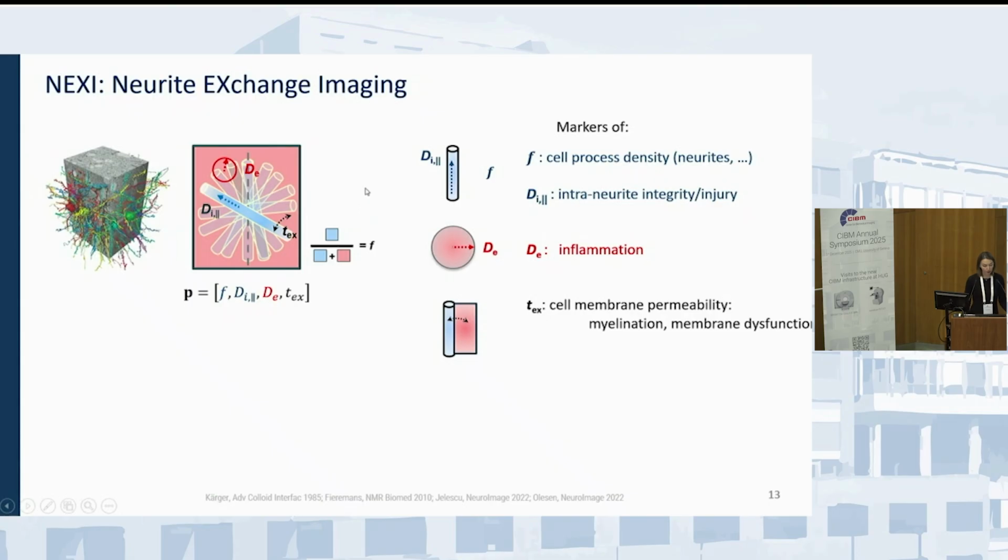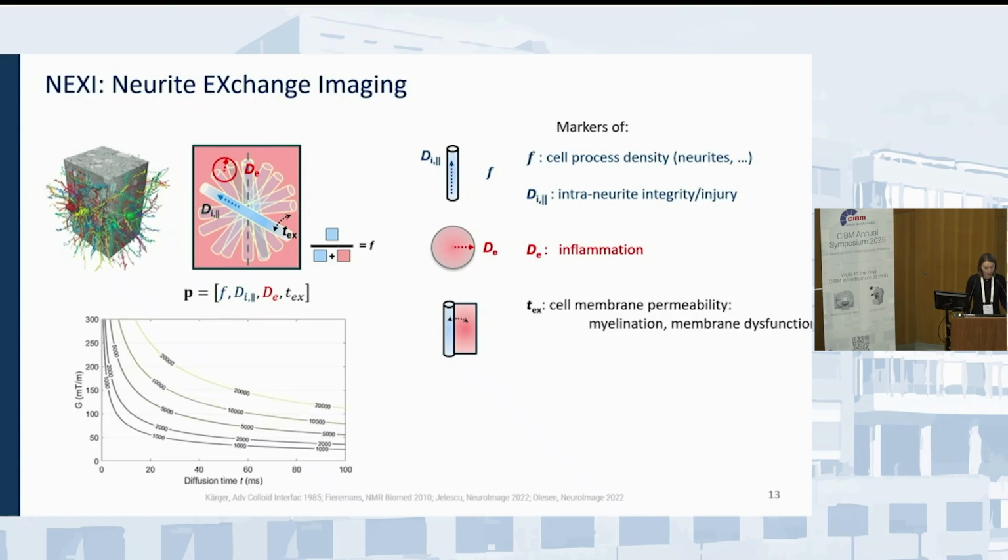And we proposed this NEXI two-compartment model for gray matter, for neurite exchange imaging, that accounts basically for similar features as the white matter. So you have the cell process density, intraneurite diffusivity, extracellular diffusivity for inflammation, and now this exchange time that can be a good proxy for cell membrane permeability that is probably modulated by myelination or membrane